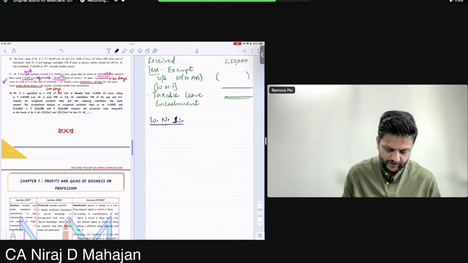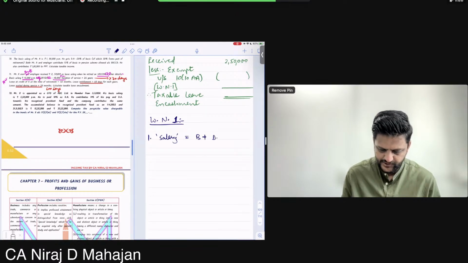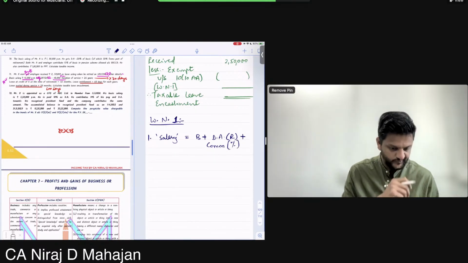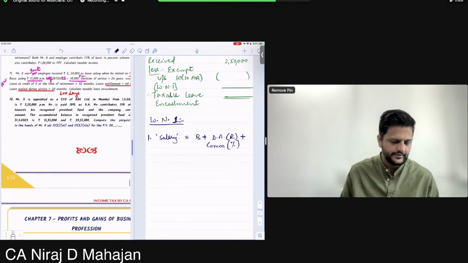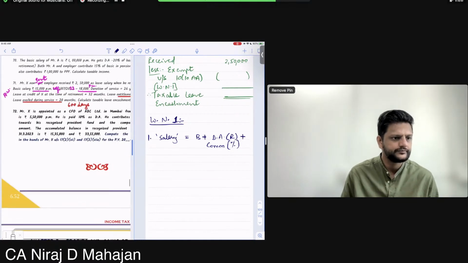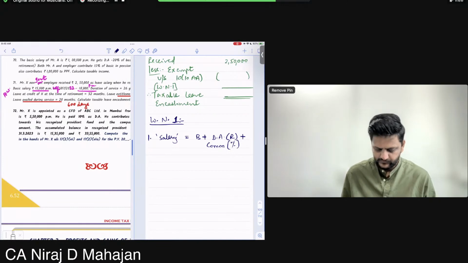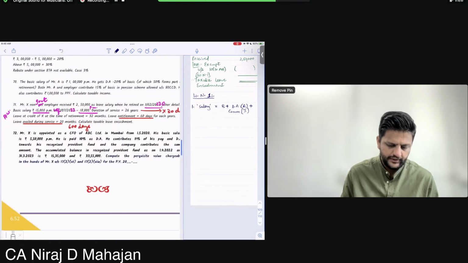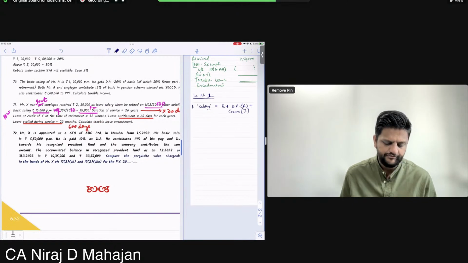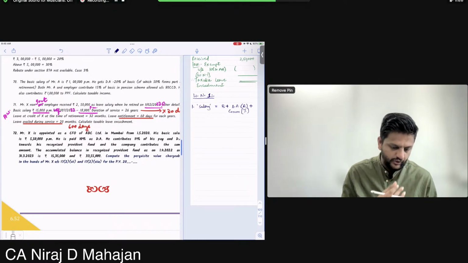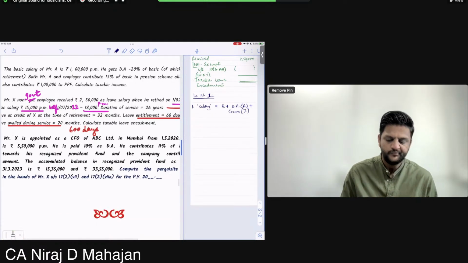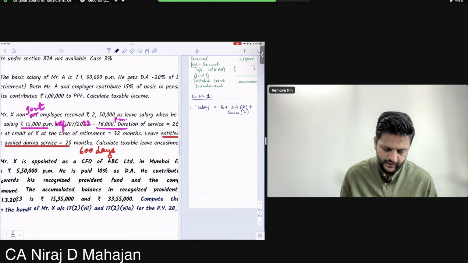So first we'll require salary for this purpose. Basic plus DA forming part of retirement plus commission as a fixed percentage of turnover. Yes, tell all of you. Yes. Now when did he retire? Indrajit, that is correct. He retired on 1st February 23 and his last salary was 18,000. But that also was from July, correct, Ilya? Till February. Hai na? So I'm writing a last 10 months.